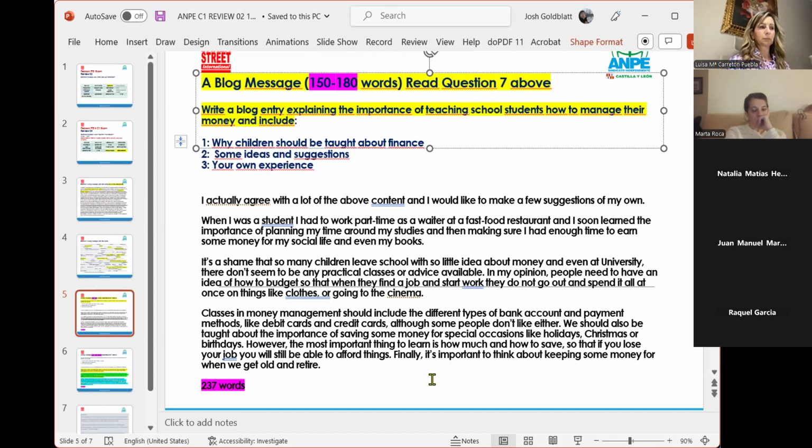Read it. And I want you in the chat box, all I want you to do, as soon as you've read this, which is the answer, the first writing one, is write down, with a maximum of 10, minimum of 0, how many points would you give this for a B2 level? From 0 to 10 points. Read it very quickly, and write down how many points you would give this.